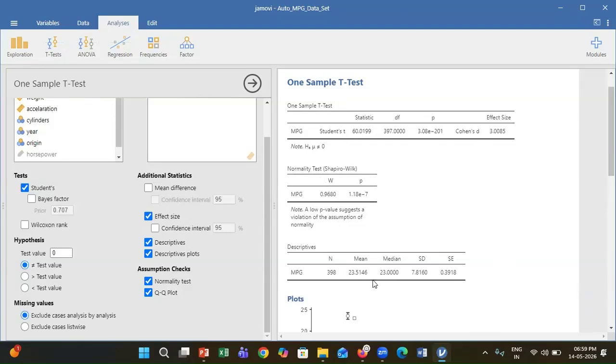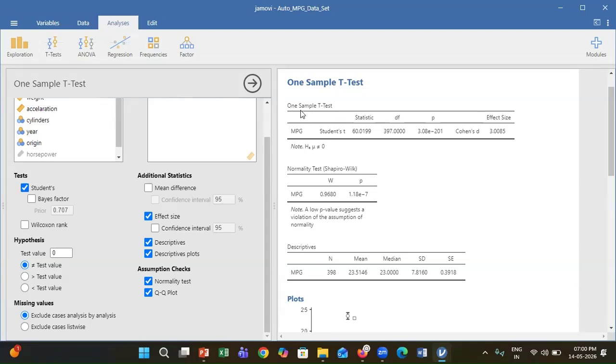Population mean is 20 and sample mean is 23.51, so H1 seems to be accepted. Let me see. First of all, normality. Here the p-value is very small, indicating a violation of the assumption of normality.